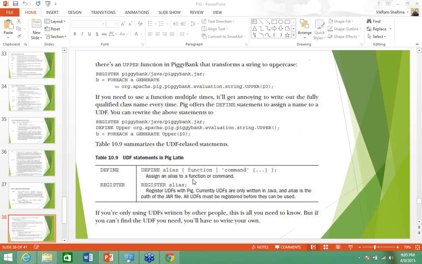If you have defined any user-defined function, then you have to register that function in Pig Latin. For that purpose we have register. For defining our own function we have the define statement, and for registering it we have the register function.